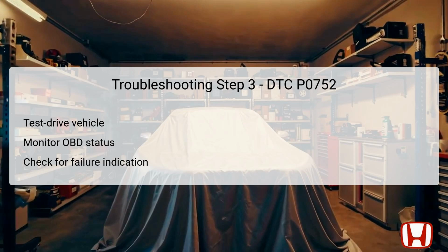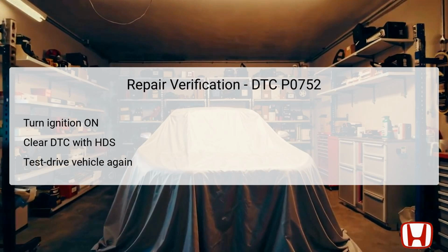If the HDS indicates passed, it suggests that at the current moment, the system is functioning and the fault may be intermittent. Conversely, if it shows not completed, it indicates that conditions for full system checks haven't been fully met, necessitating another test drive. Repair verification is a critical step to confirm that the issues associated with DTC P0752 have